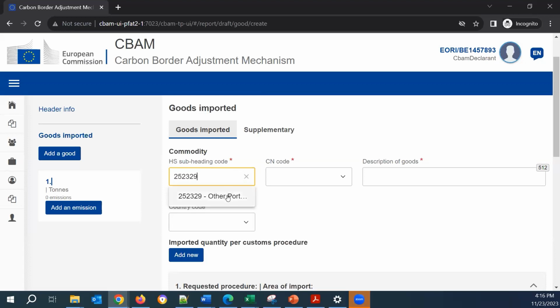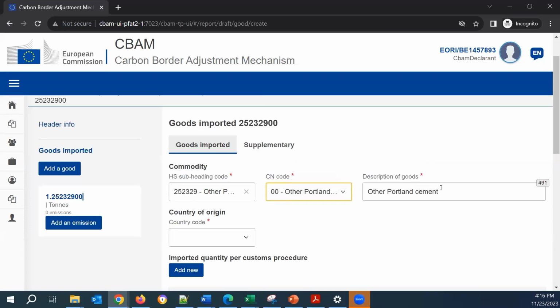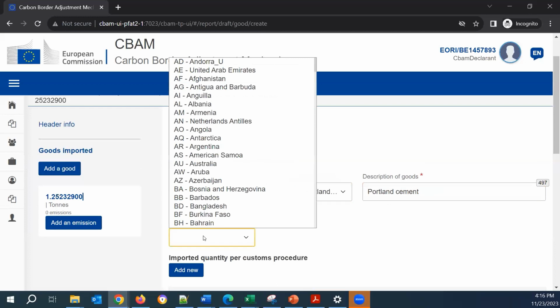So now I will select this record, and as you can see for the CN code, the CN codes are already filtered because of the HS code selected. So the only option I have is the 00 here, and this is the other Portland cement, but I don't like the word other, so I can remove it. And this is Portland cement for my CBAM report. The country of origin is again Japan.